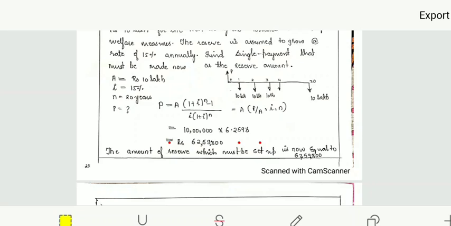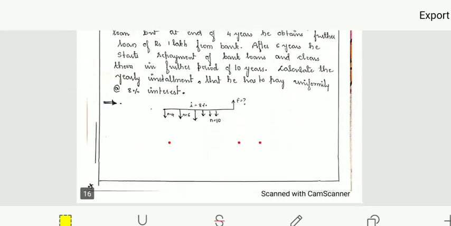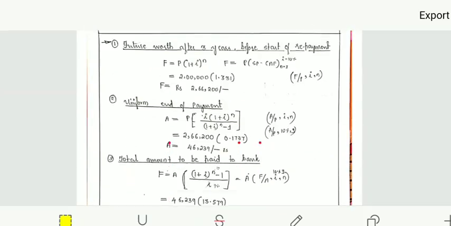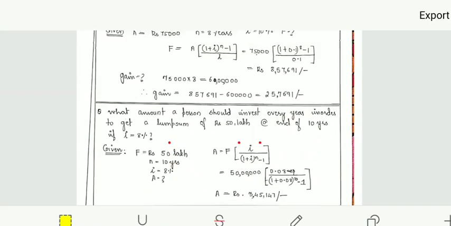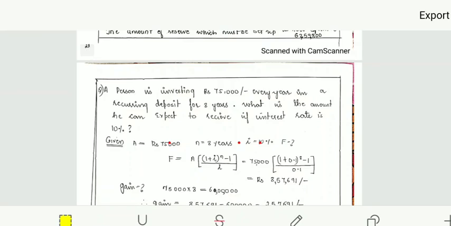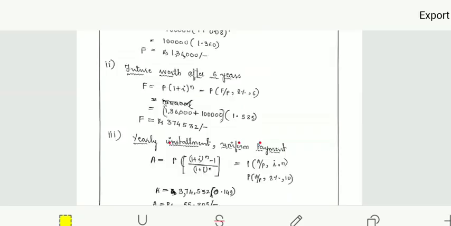The next numericals are a little bit lengthy. You have to understand all these problems well. So to make things much easier, just solve these numericals also, what I have given here. Again it is F by P; some extra numericals are there. Solve it. If you have any doubt you can ask me.